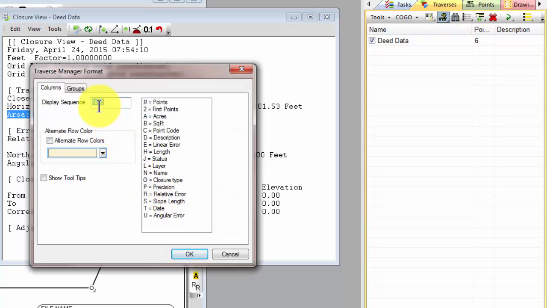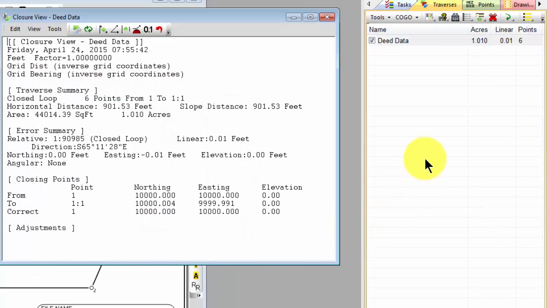I'm going to do it in this view to change the information I'm displaying. And I'm going to change this to NAE pound. So the A is acres, the E is linear error, and the pound is simply the number of points in there. So now Traverse PC has said, I've got 1.01 acres in this traverse and a linear error